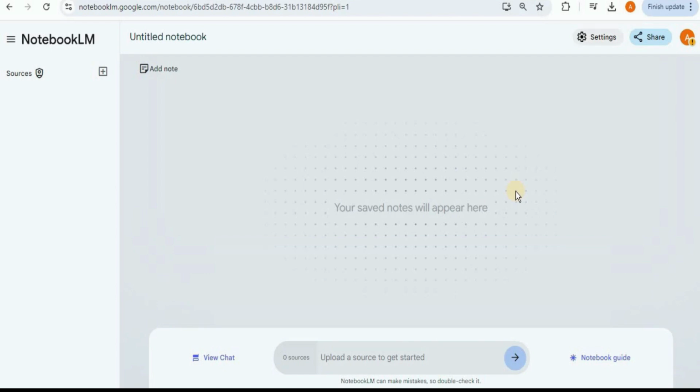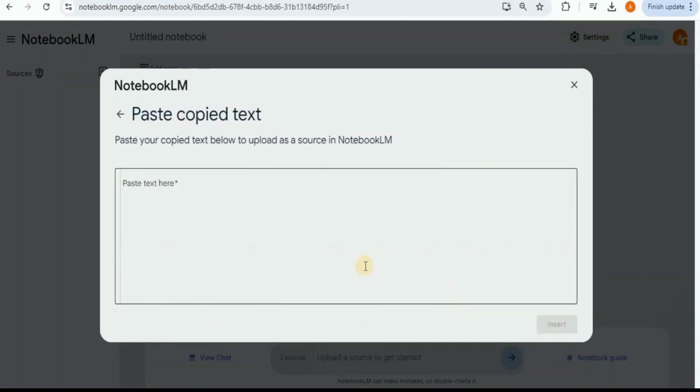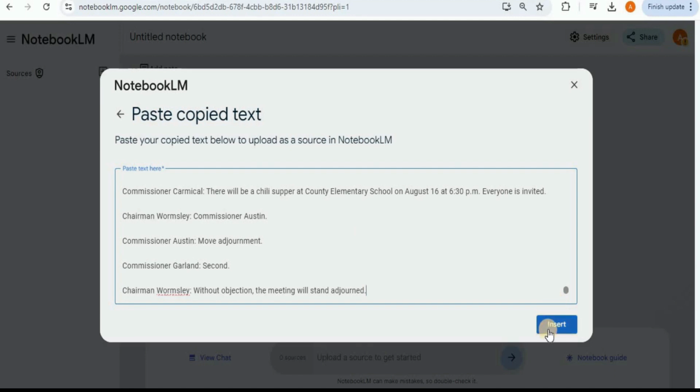meeting. Then you have a large variety of tools available from which you can extract the transcript from the meeting and then use Notebook LM to convert that transcript into meeting notes or minutes of meeting. So let's quickly see how you can do that. Firstly, I'm going to add the meeting transcript, which is in the form of copied text. So I'm going to paste it right here.